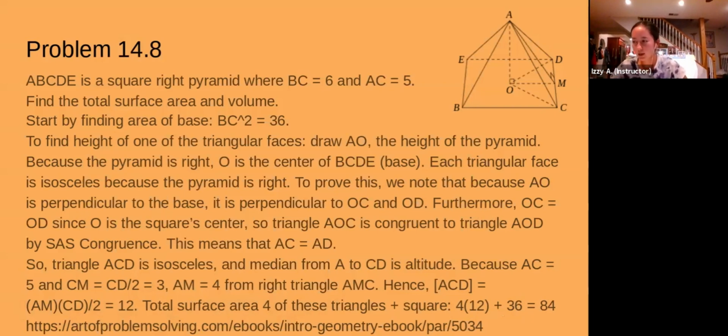Then on the next slide, we have the solutions to finding the volume. Kessler, you were close, but we just needed to find AO instead of AC. So wait for a few seconds. I'll just display this up for a short amount of time, and then we can go to the next slide.